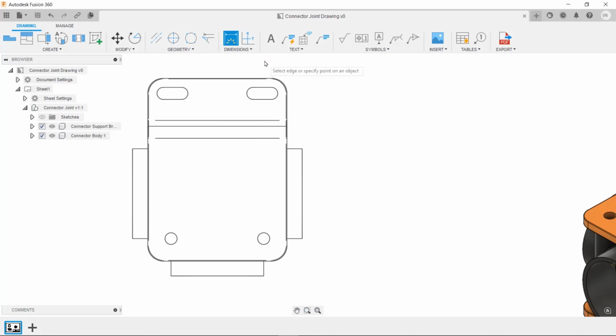The Dimension command is a powerful tool that creates linear, aligned, angular, radius, and diameter dimensions based on the geometry you select in a drawing view. You select points, edges, or existing dimensions, then place the dimension on the sheet, and the most appropriate dimension type